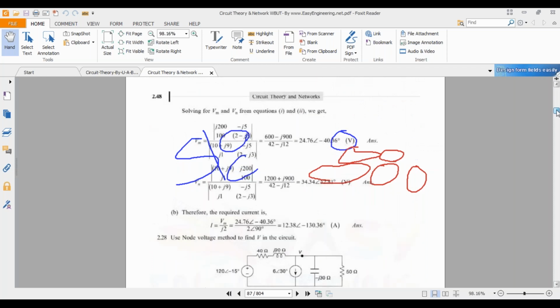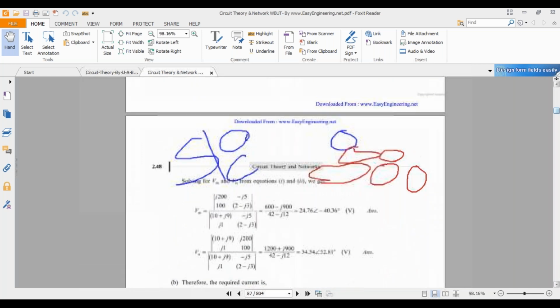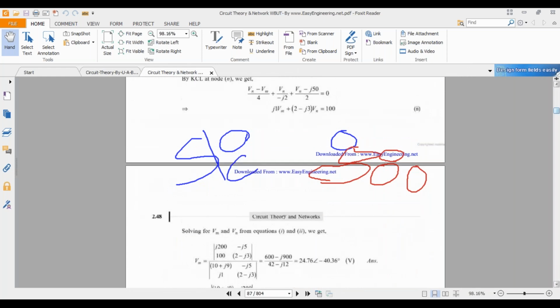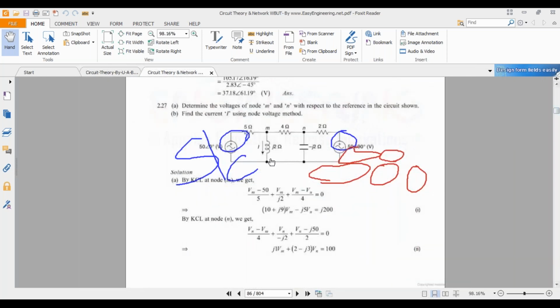Yes, sir. The only thing is that practice is required. You take your pen and paper and calculator to practice all these problems. A demonstration of this problem in the live class may not be possible with a clear picture, so you just take pen and paper and your calculator to practice all these problems.